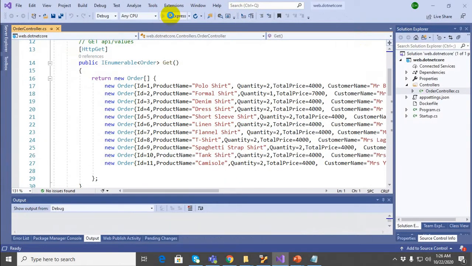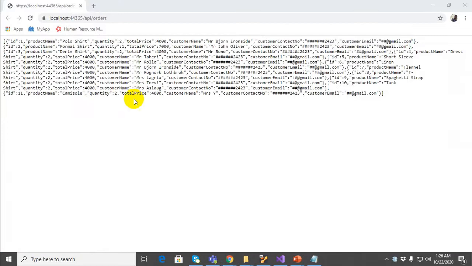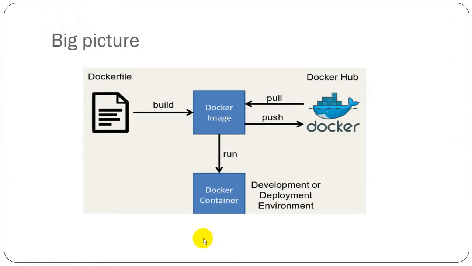Let's run the application. This is the output of my application. When we deploy this app into a Docker container, we will find the same output. Okay, let's walk through the deployment process.